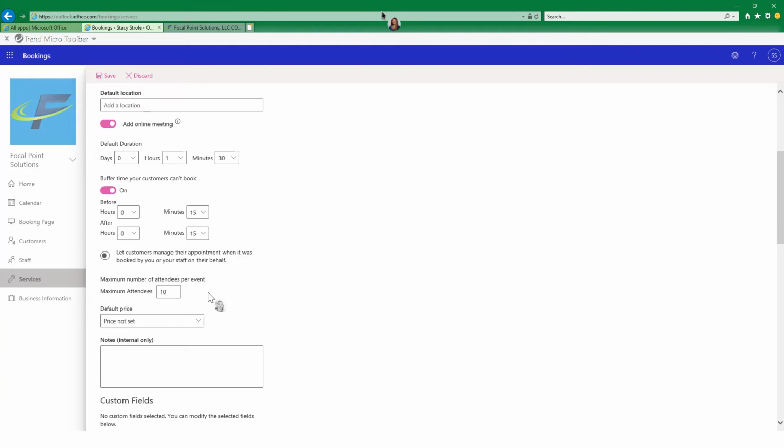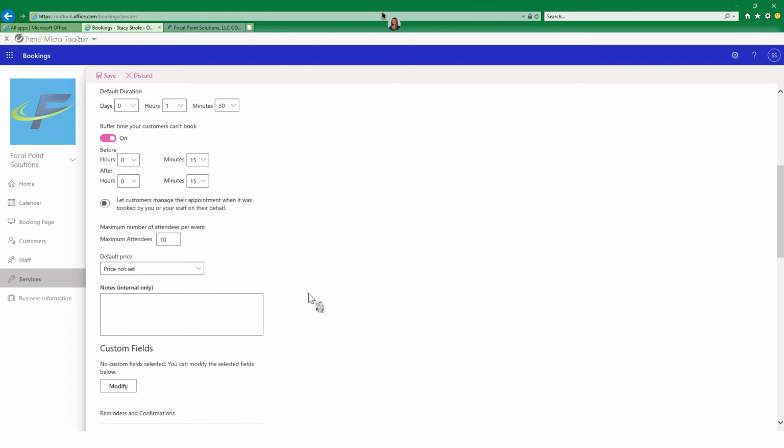Then if I come down below, this is asking me, how many people can be in attendance? Maybe you don't have a particular number. Maybe you want to put 50. For mine, I have put 10. In most cases, it's not going to apply because it's going to be one person selecting it, then the email's going to go out, and it's an online meeting. This really is relative if you're having people who are in a physical meeting somewhere, and maybe you have limited